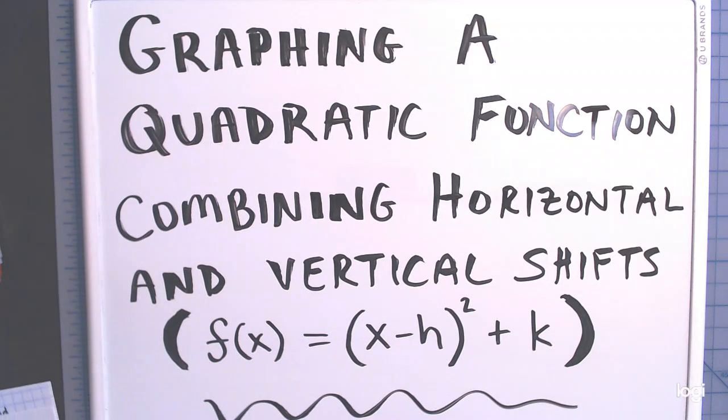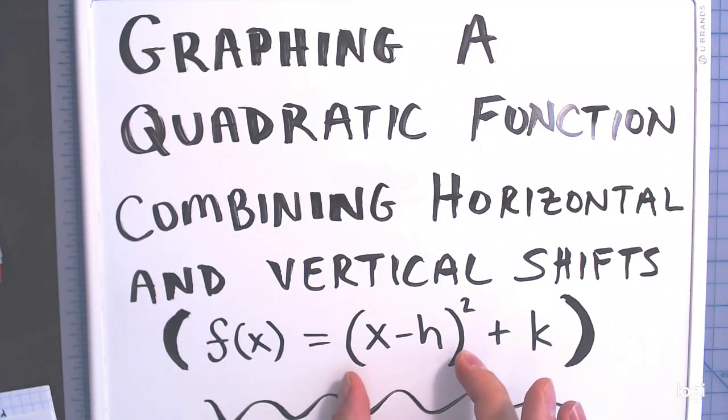Hello everyone, and welcome to this video on graphing a quadratic function combining horizontal and vertical shifts. In other words, we're going to be graphing quadratic functions of the following form. f(x), or y, equals the quantity (x minus h) squared, where h is a real number, and then after that, outside the square, plus k, where again k and h are both just real numbers,